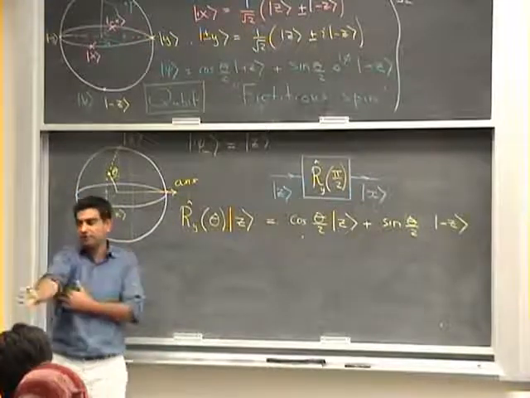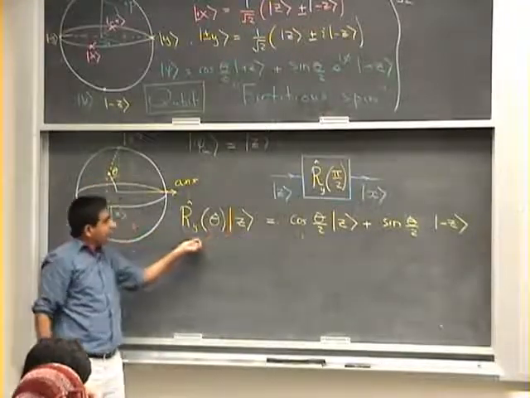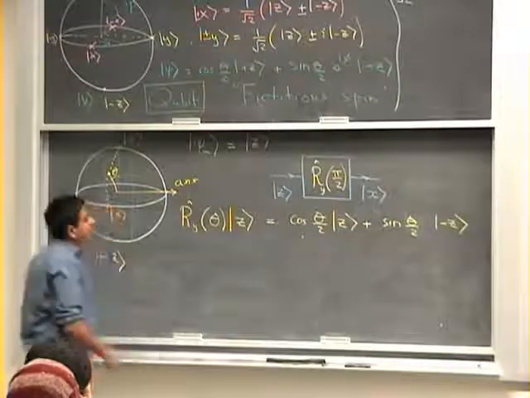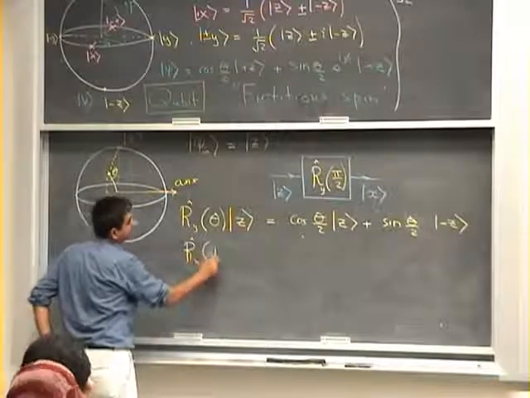There is no azimuthal angle. So this is my final state here. So the initial state, the operator acts on it, and this is what I should get. Now if I rotate through a small angle, d theta,